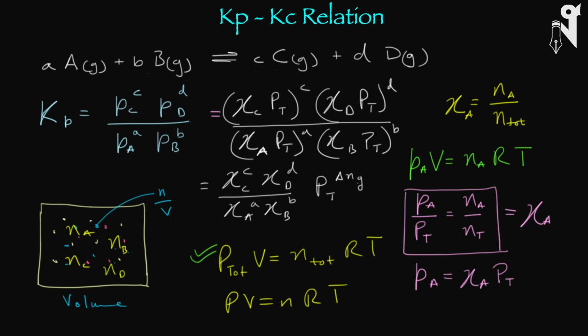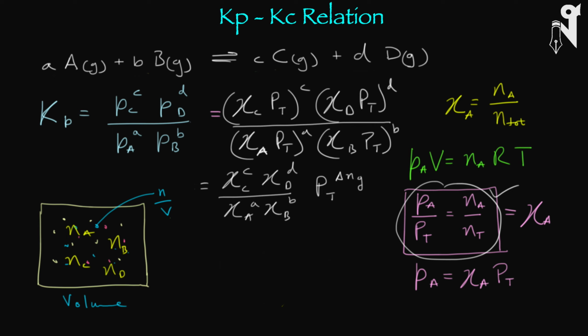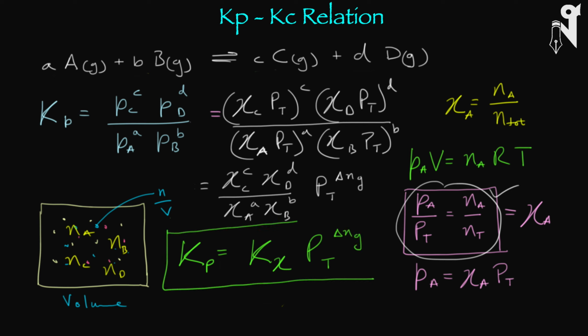This conversion was possible if everything was gas, apart from solids and liquids, nothing like aqueous, so that we can take this relation. So what we ultimately get is Kp is equal to K mole fraction, K chi, times total pressure whole power delta Ng,